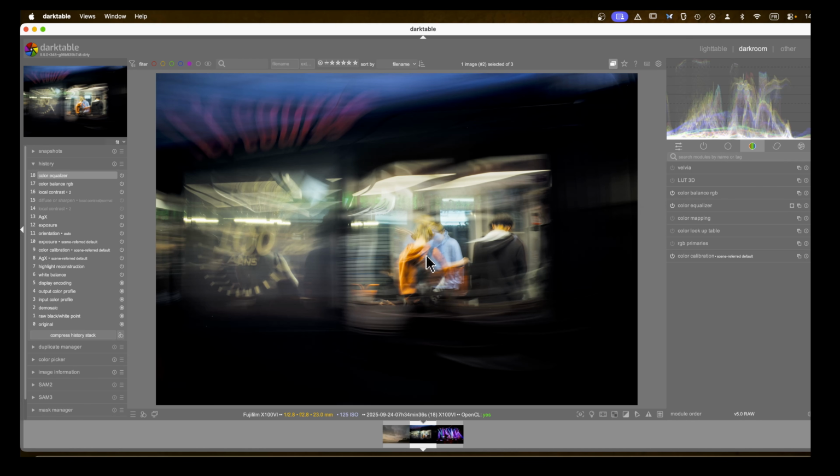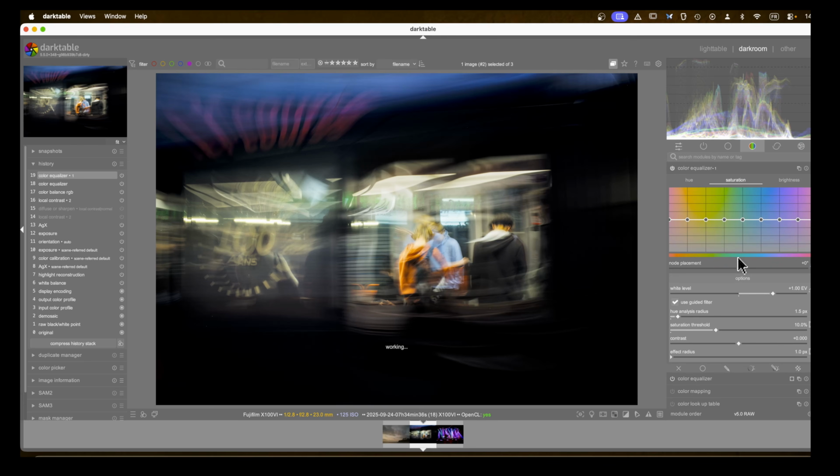And could we get some extra pop in this orange maybe? So color equalizer, new instance of the module. Let's put the node in the right place and maybe increase the saturation, maybe the brightness there. And maybe we could do the blue at the same time here. If I could just pick that blue. We won't be able to change the mode, but could we affect the brightness? And you can see now that